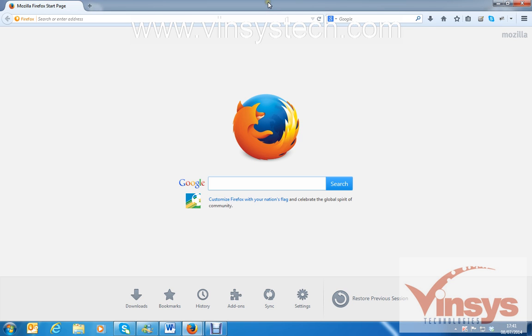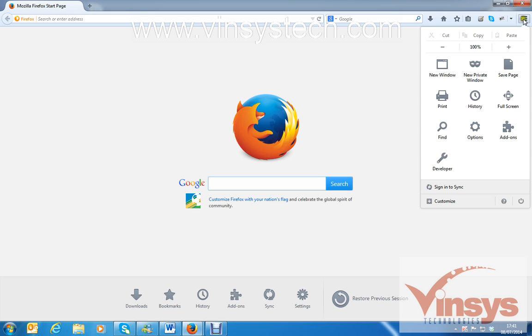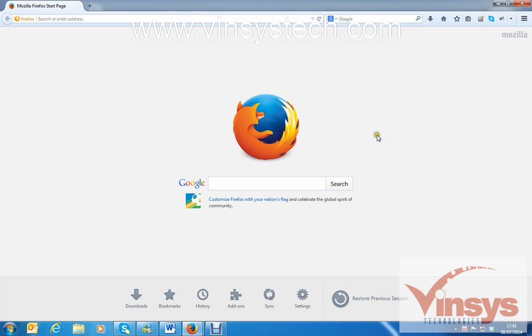Make sure you have already installed the Firefox browser on your system. This is the latest Firefox 30, and a small part of the interface has changed in this version. At the top right you have the menu, and in the menu you have some options and developer tools, etc. Once you install the IDE in this Firefox browser, it will appear at the top right as an icon. Can you see Selenium IDE here?